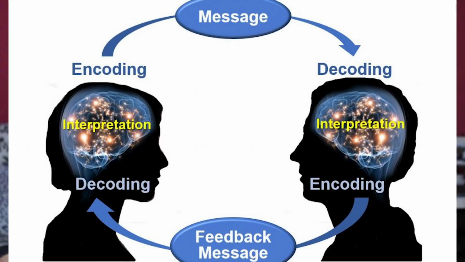So let's just dive on in to the communication model, where we are going to break it down. The communication model has a few components. First, we have a sender or a source. The sender is the person who's sharing the information, the ideas, the attitudes. We also have the receiver, and the receiver is the person or the audience who the message is intended to be shared with. And third of all, we have the message.